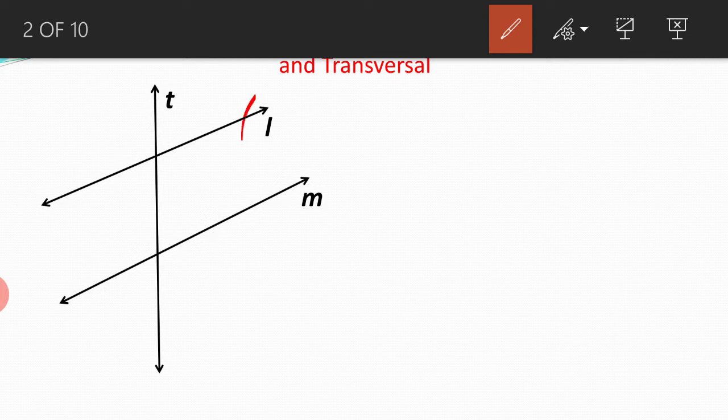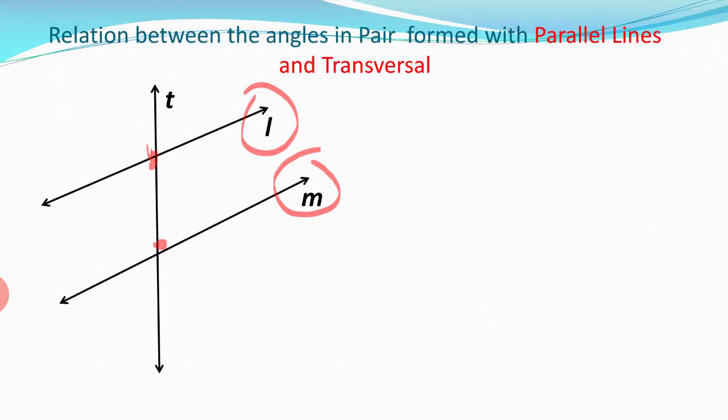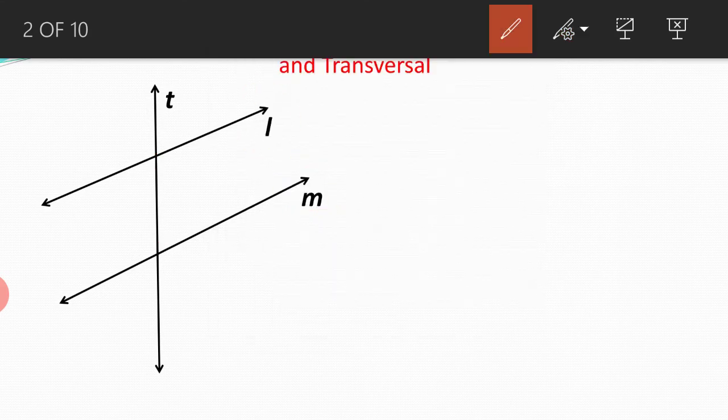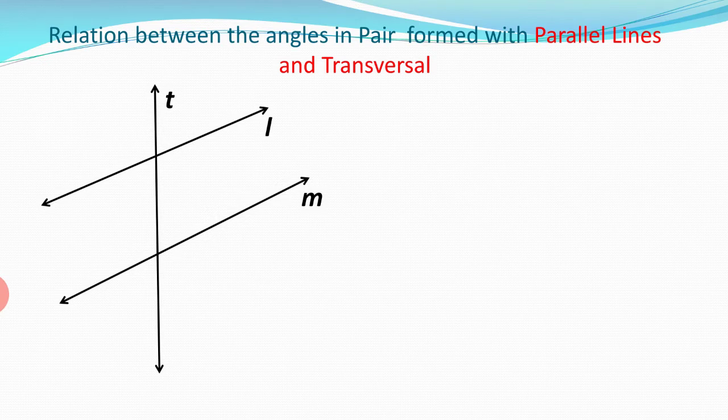See here there are two lines L and M and the transversal is intersecting L and M in two different points. So such a line is called a transversal. So which is the transversal here? T. Now when we have a transversal, how many angles are formed there? So we can see there are 8 angles formed, forming linear pairs. So angle 1, angle 2, angle 3, angle 4, 5, 6, 7, 8. So how many angles are formed? 8 angles are formed. And these angles are classified by different names and they obey certain properties.